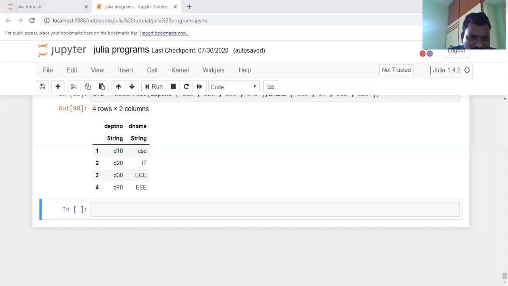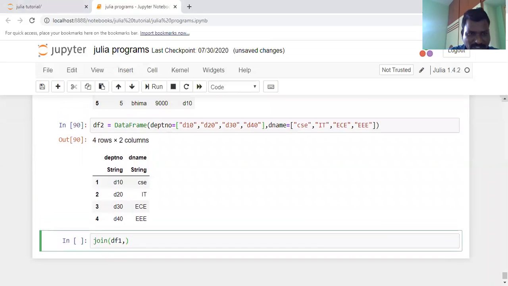Here you will join employee and department. What are the tables here? DF1 comma, the second table is DF2, and then comma.